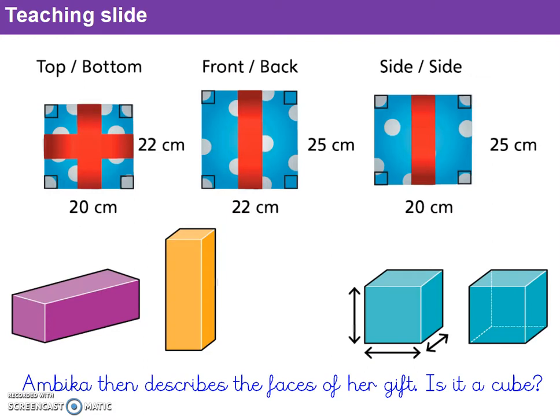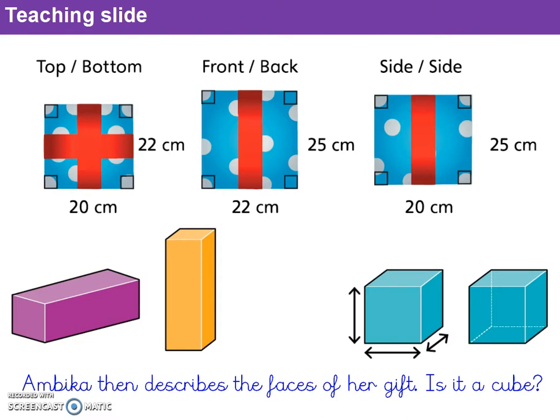And if we remember what we've been looking at previously, we've been looking at the idea of a cube. All faces are the same. All faces are going to be squares. This parcel, this present, doesn't have any square faces at all. They're all rectangular, which means we're looking at a cuboid, where all faces are going to be a quadrilateral using right angles, in this case rectangles, and that shows us that this is going to be a cuboid,